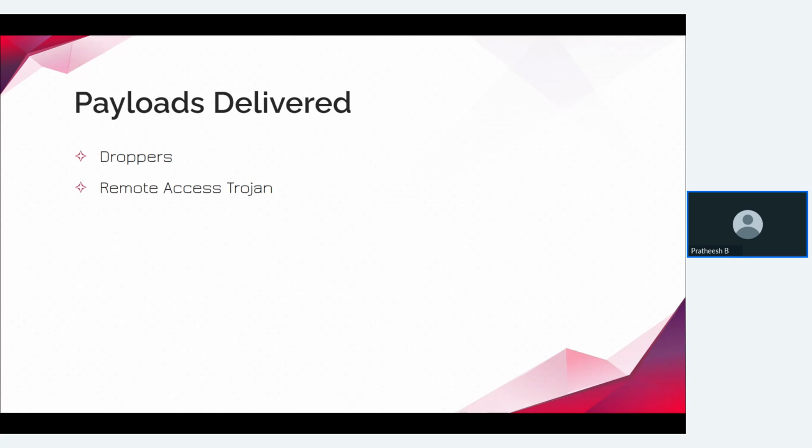They can steal sensitive information, install additional malware, or even perform other malicious actions. Now, these Trojans facilitate long-term access to compromised systems, enabling attackers to carry out a wide range of malicious activities